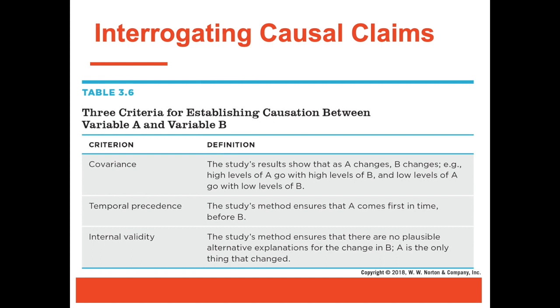The last thing that's usually really important in causal claims is internal validity. We haven't really talked about this one much. It's not generally as important when it comes to the other 2 claims, but here we want to make sure that there are no plausible alternative explanations for the relationship we're seeing. Is B changing because of something else? We want to make sure that A, the variable that we are assessing, the manipulated variable, is the only thing that changed during that time point. When other things do change, that leaves us open to, well, there could be something else. So for example,